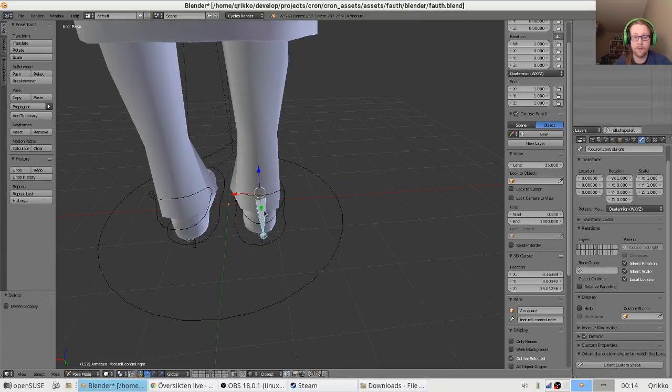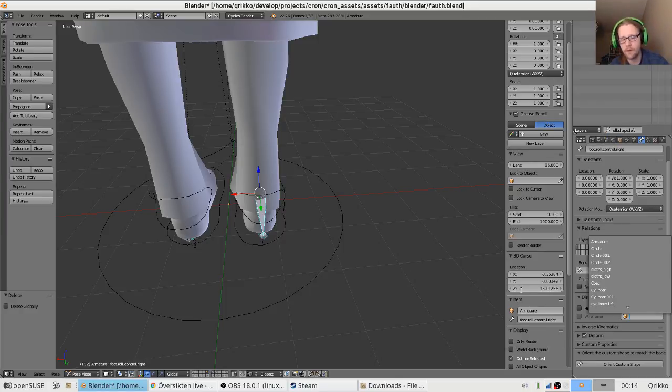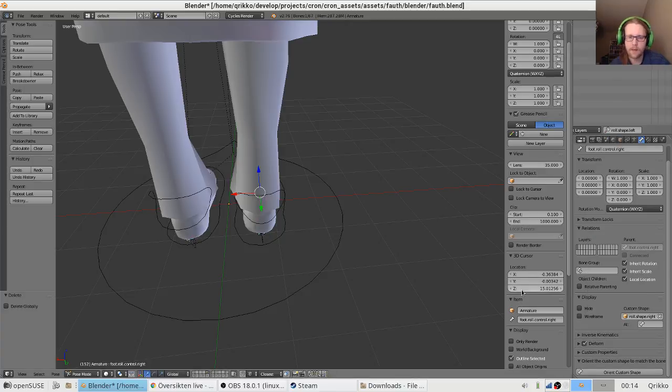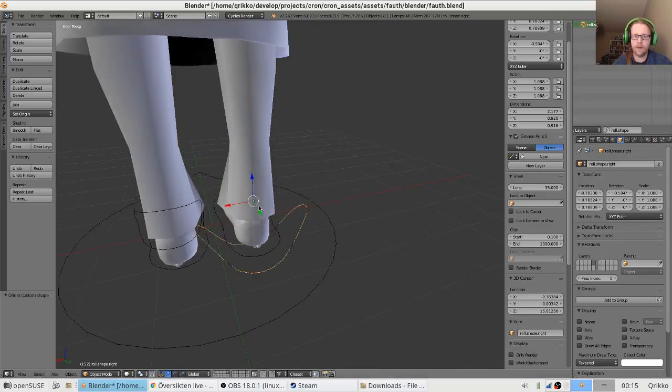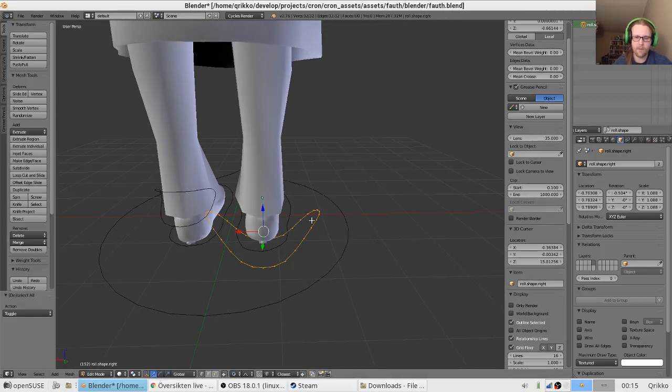I mean, I could just use these bones. It's not all that disturbing, but while I'm doing the controls, I kind of like to do it all the way so I can hide away the armature. Roll shape. I still have that roll shape left. I don't get it. Right, I guess we want this time wireframe orient. Find it. Right, there we go. Select all, rotate 90 degrees on the x-axis,